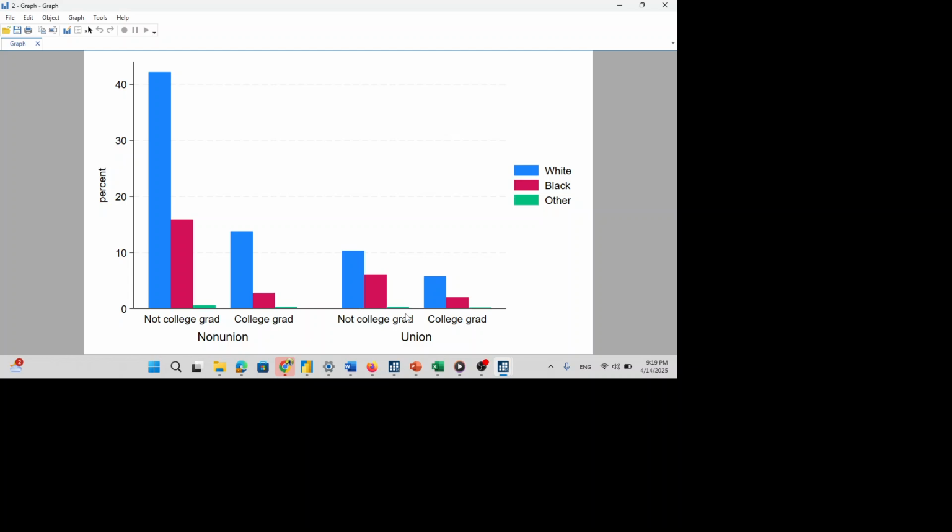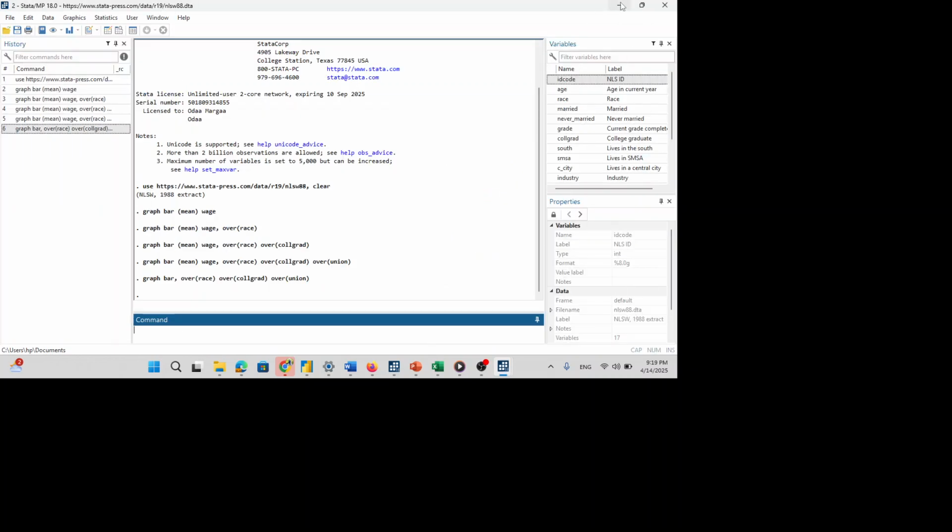So as you can see, the college, non-college, based on non-union and the union, you can use this one. Based on this, you can create.